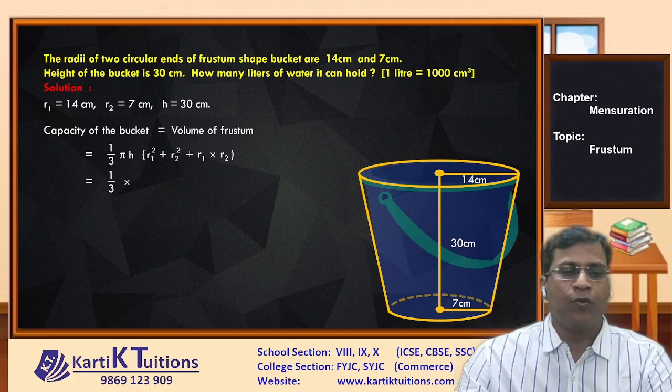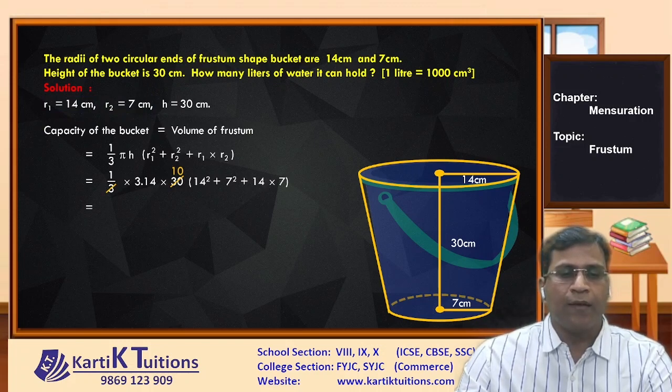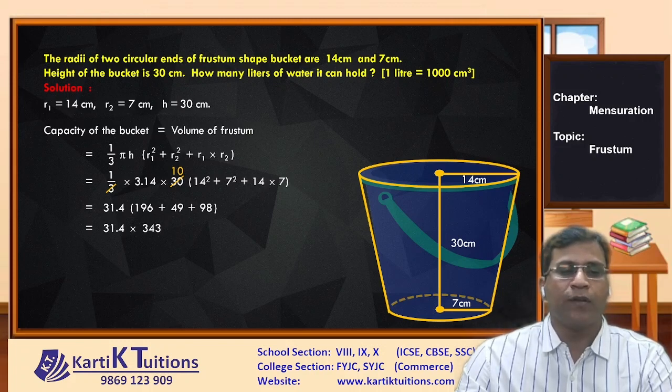So, 1/3 into pi, we'll take it as 3.14, into h, that is 30, into. Now, R1 is given to us as 14. So, it is 14 square plus 7 square plus 14 into 7. Now here 3 ones are 3, 3 tens are 30. So we get 3.14 into 10, that is 31.4 into. Now 14 square is 196 plus 7 square is 49 and 14 into 7 will give us 98. Now when we add all the terms of the bracket, you get 343. So 31.4 into 343 will give us